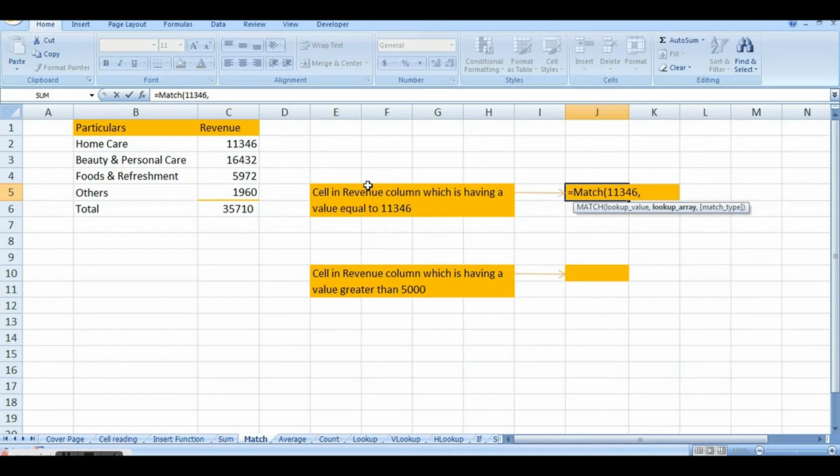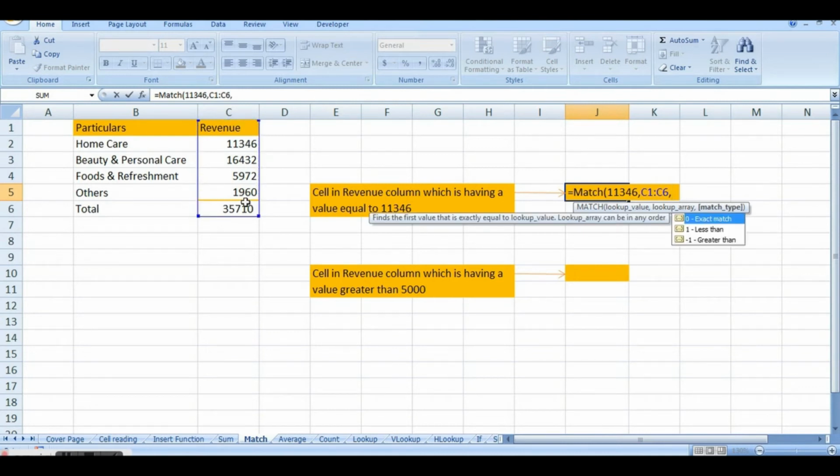Here it is specifically given that we want to find out a cell in the revenue column. So we will select the revenue column either entirely, or if you want to only select a portion of it, you can do so as well. Anyhow, it is suitable to you depending on your requirement. And then it tells you match type. Now match function gives you three options: exact match, less than match, or greater than match. What is that?